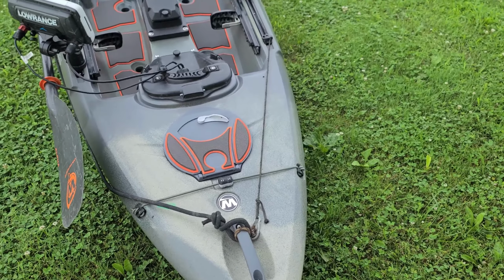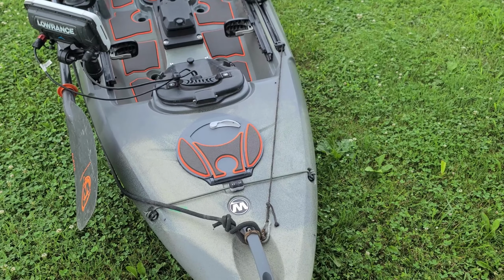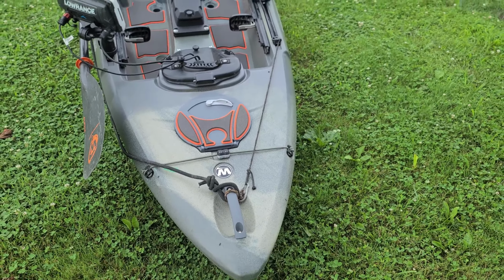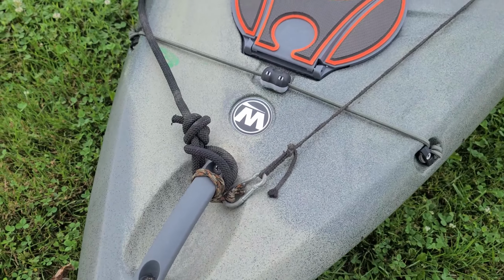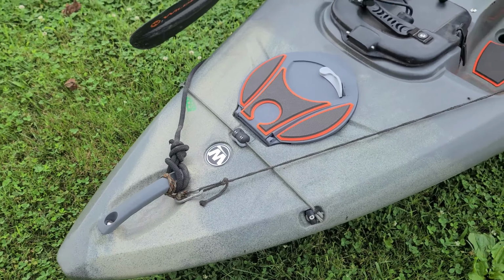So I always use Anchor Wizard. Anchor Wizard is easy to buy. You can buy it anywhere. My favorite place obviously is going to be Fishing Online. Small company, awesome company. You order your products, you get it 2 days later. It's great. So just a piece of paracord with a carabiner that's going to work basically as a pulley,